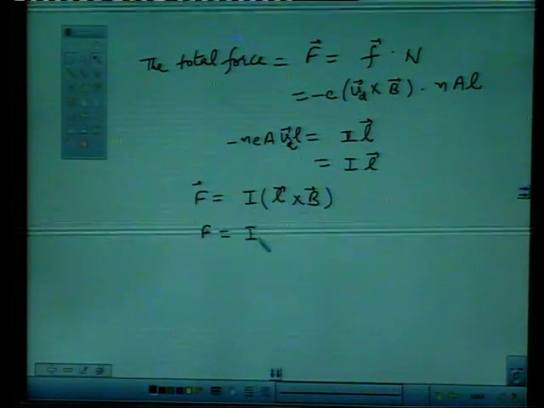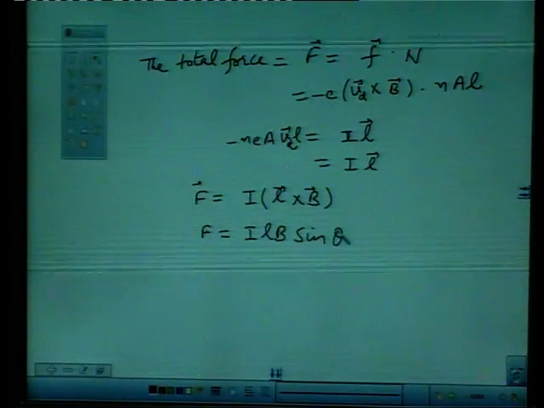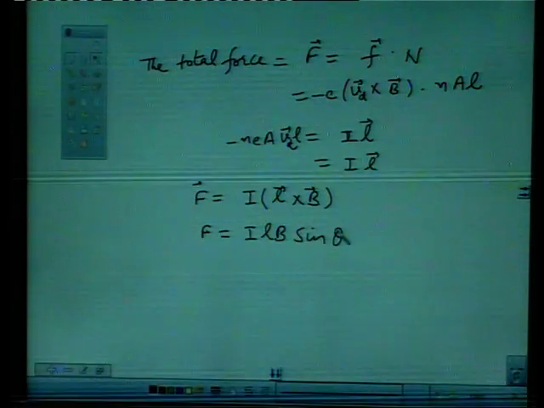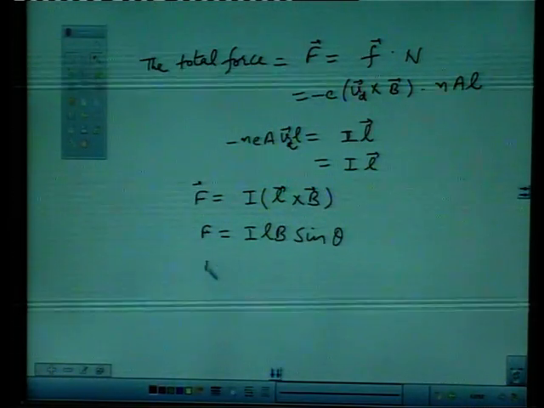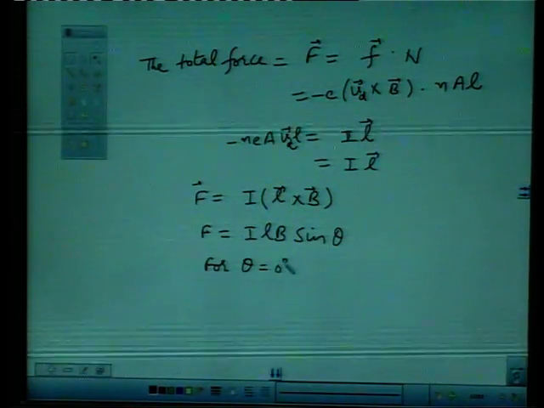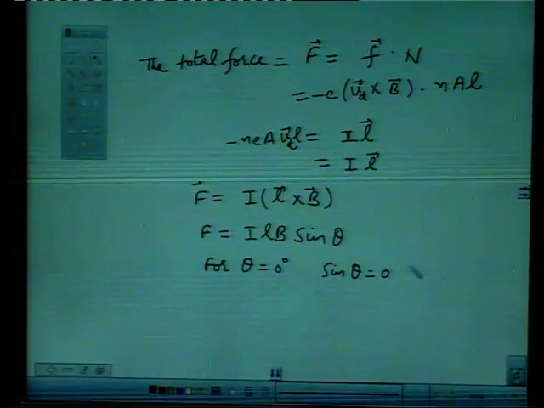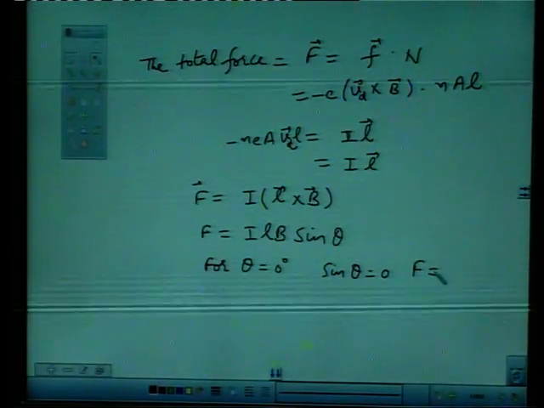F is equal to I L B sin theta. The magnitude of force is equal to I L B sin theta. For theta equal to 0 degrees, sin theta is 0 and the magnetic force will be equal to